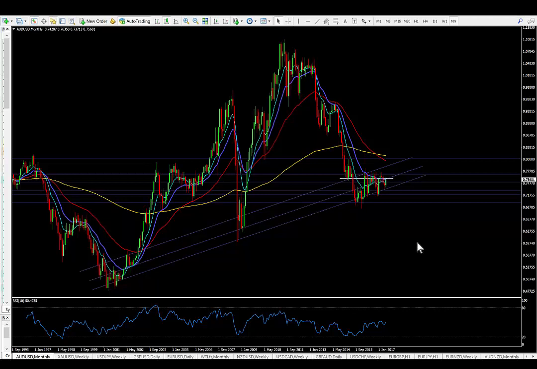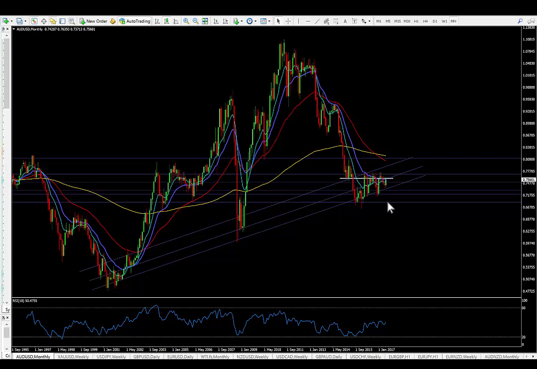And in particular, I want you to notice that in terms of cyclicity, we are making higher lows and higher highs. Now, obviously, some of these moves last some years, and actually when they're in a range, they can last also as many years as this may have taken to move down. So in terms of any sort of immediate action that we might need to take, you're not really going to find that information on the monthly, but certainly in terms of what we're trying to get past any barriers, whether that be EMAs or levels of support and resistance or previous highs and lows, this is pretty useful information.